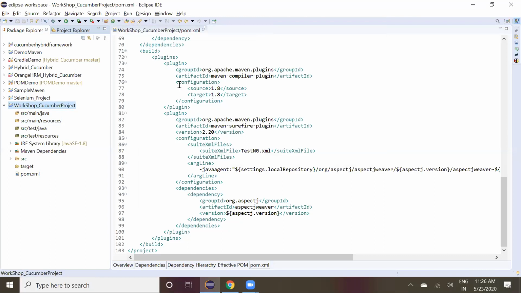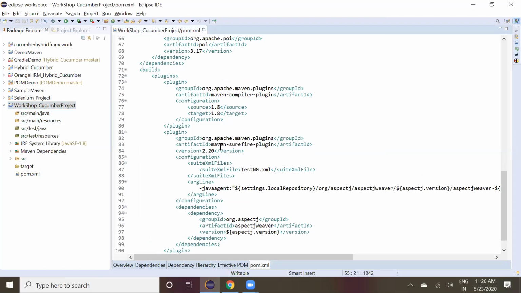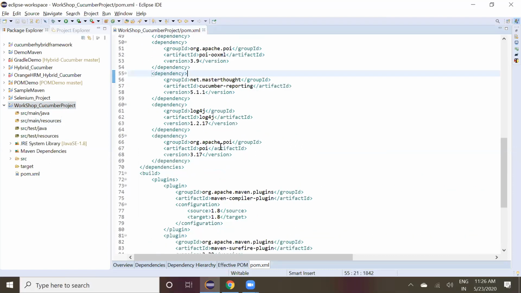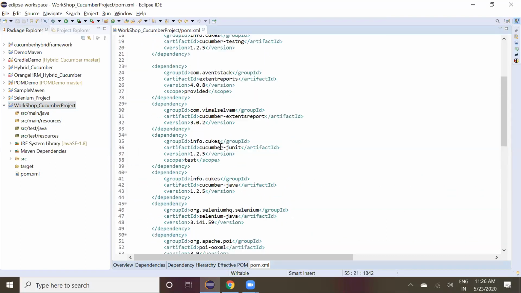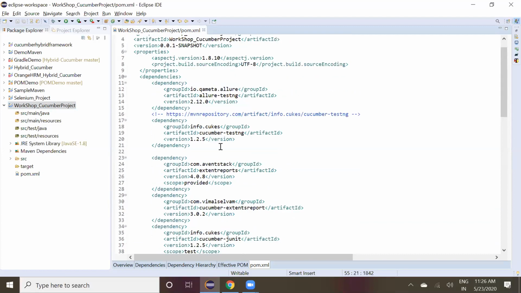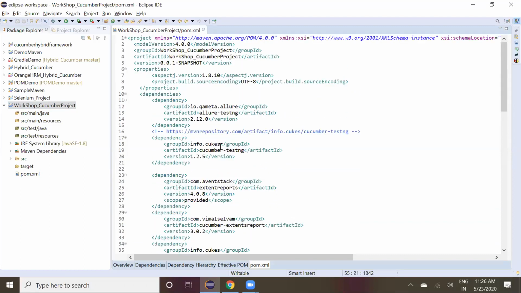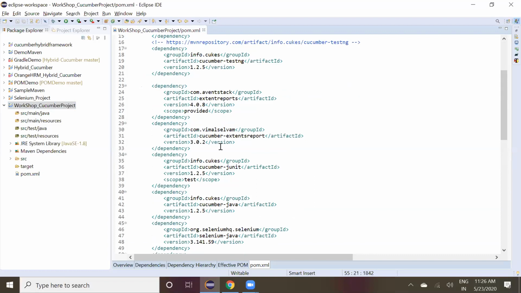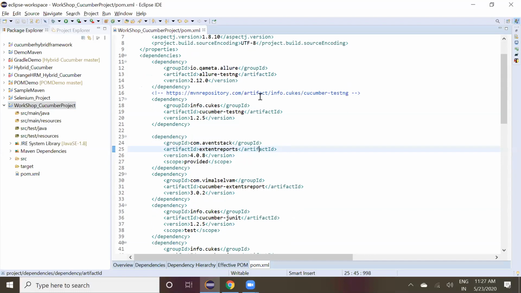And remember in pom.xml, if you are using JUnit, the JUnit jar should be there. If you are running that Cucumber file with TestNG, your TestNG dependency should be there. So that is the difference, right? If you are running in TestNG, your JUnit should be removed. Okay, that will be a problem. So make sure which framework you are running, and that dependency should be added.